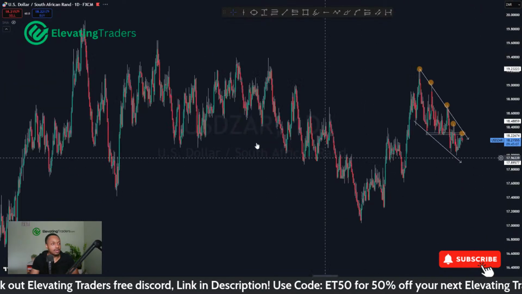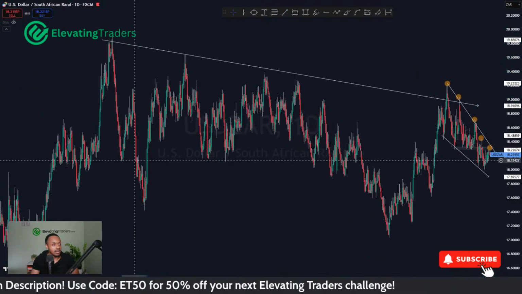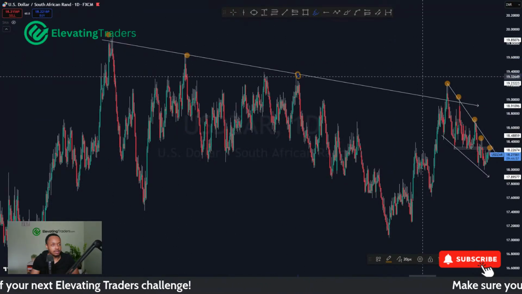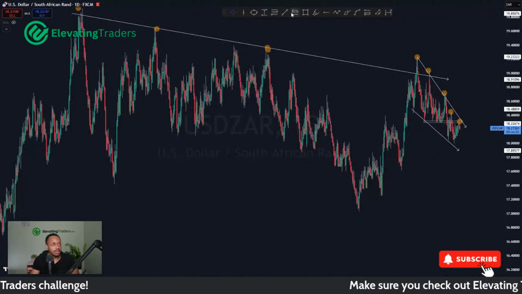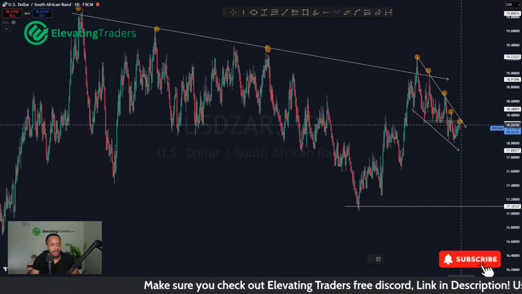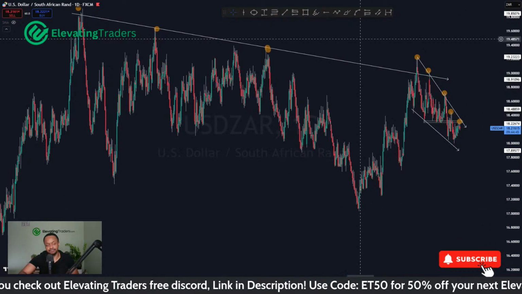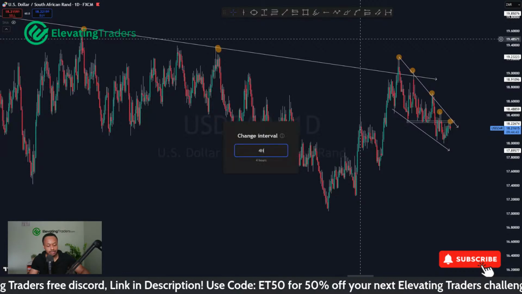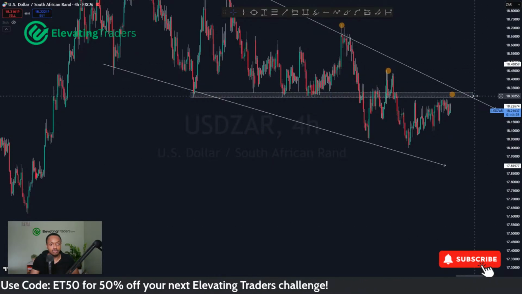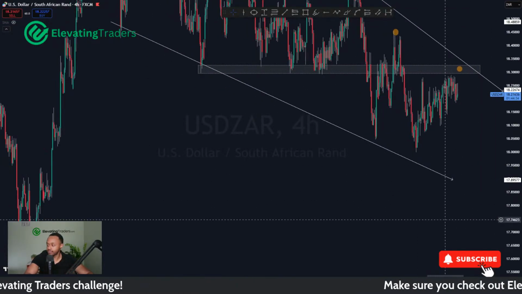Again, higher time frames, it looks like price might have just been putting in a major lower high as well. We've got one over there, second, third, and potentially fourth as well. So even from a daily perspective, we might be seeing price swing back into lows and maybe further as well. So yeah, pretty bearish on USDR. Expecting a lot more downside. But first, I'd wait for one little push higher, at least back into 18.3 before you start to look for any entries to take price to the downside.